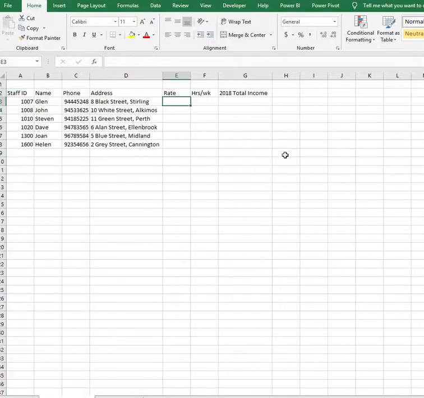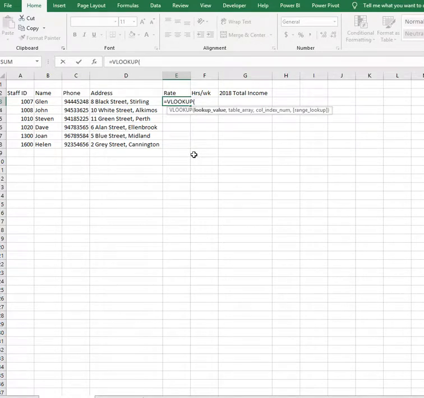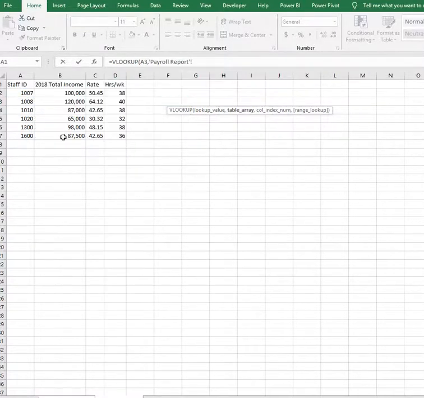So in here, let's start off straight away. It's pretty easy. Equals V, and you can see VLOOKUP here. So just double click on it, choose the number that you're going to look up in the other spreadsheet. So that's the number, or data, any sort of data. It doesn't have to be a number. We put a comma, we go to the next sheet, we highlight the 4 columns, we put another comma,